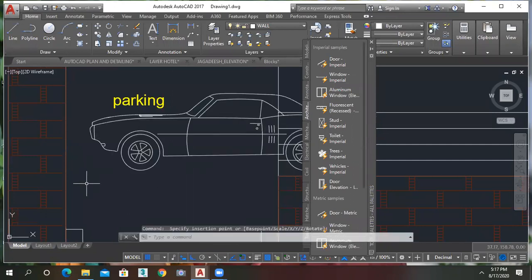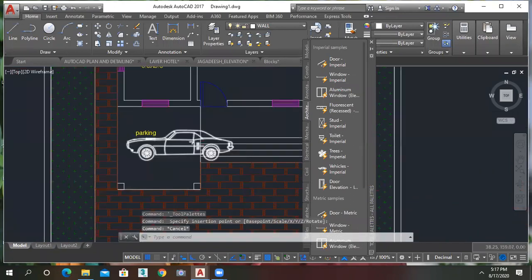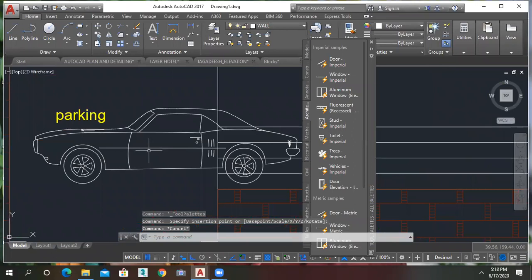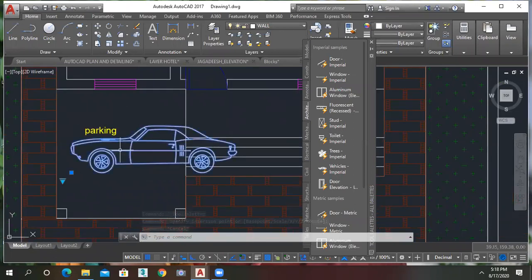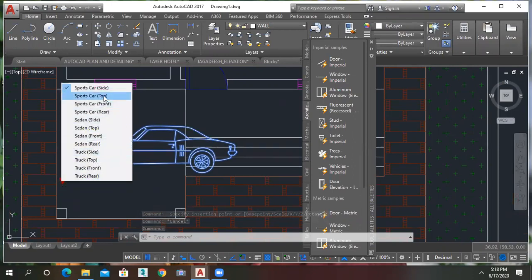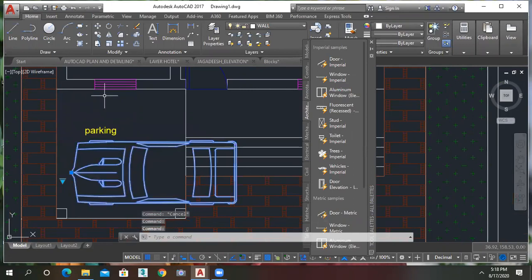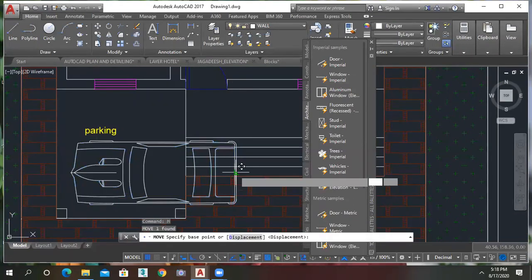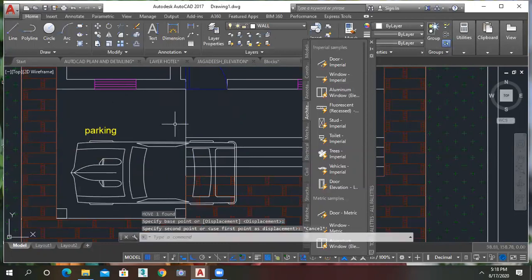Okay. So this is my plan. If you want to convert it to the plan view, then you just click on this, click on the arrow mark and say top. Okay. And you just move it like this. Sorry, rotate it. Rotate.